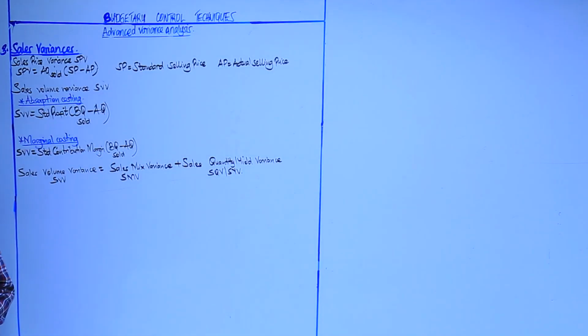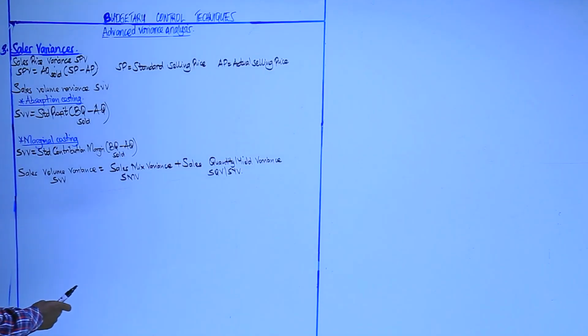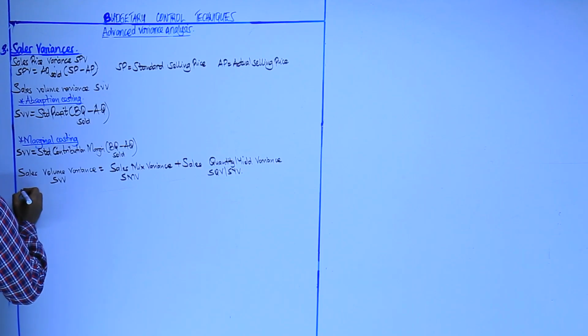Right. We can start with that variance known as what? Sales mix variance. Let's start with the sales mix variance. And the sales mix variance can only be computed when and only when you have different quantities of units being produced and sold. So your sales mix variance